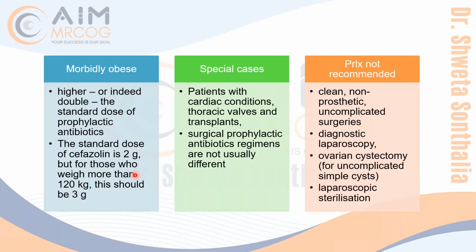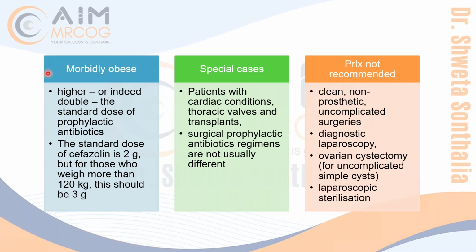Okay, now some important facts about this talk. They have told what about the prophylaxis not recommended in which procedures, what are the special cases, what you will do with obese women. These all are important points because they might ask you in the exam that you got a woman who is 21, 23 kg. So will you give her the same prophylactic dose or will you give her more dose, or they will just give you the option that you will give cefuroxime or cefazolin 1 gram, 2 gram, 3 gram, 4 gram, like that.